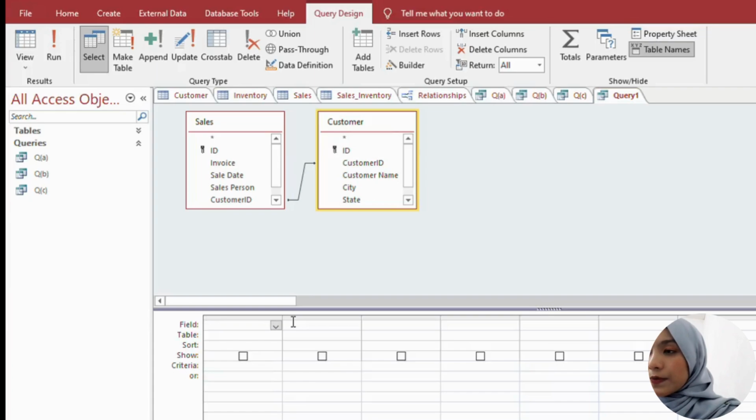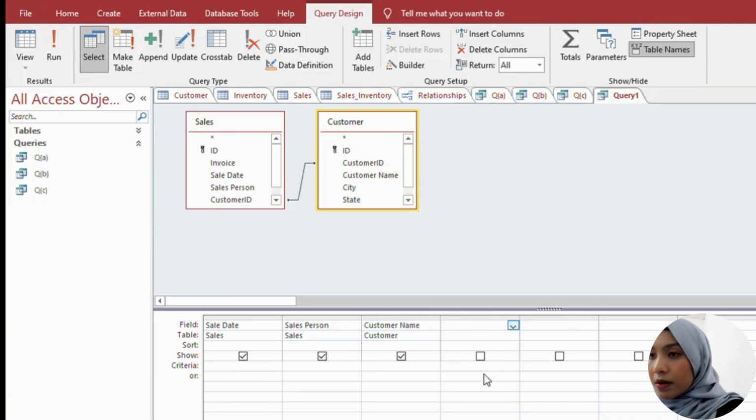Then for the first column, just take the sales date from sales. Second column, take the salesperson, and the third column, choose the customer name,